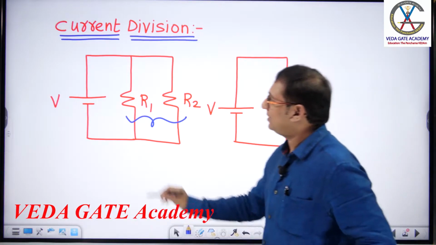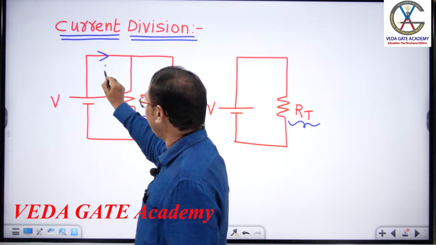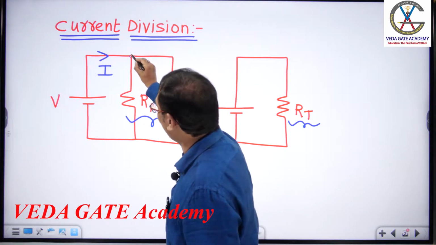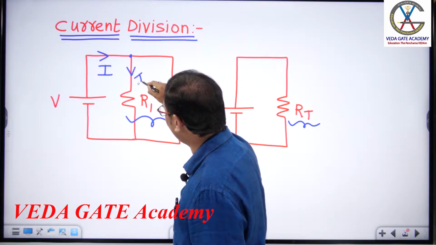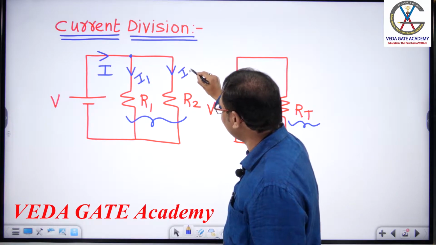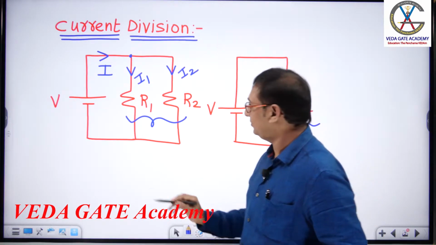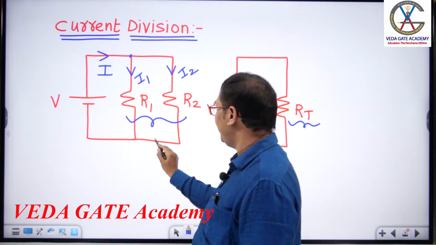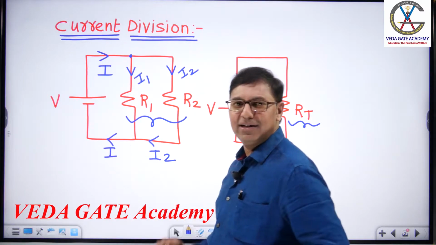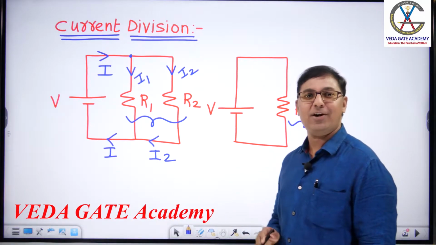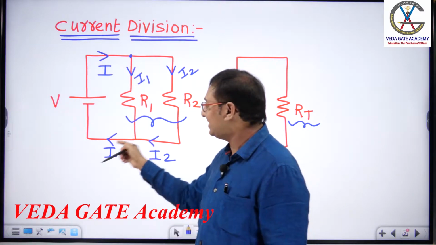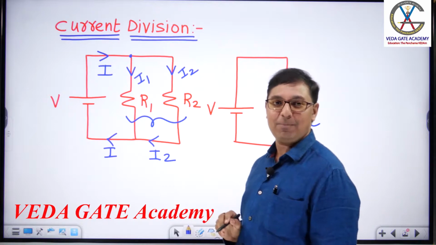Yes. What current comes out of the source? Conventional current, say I, has come out of the source. At this point, some current has entered into R1, call this current I1. Some current has entered into the R2 resistance, call this I2. Both I1 and I2 act like I. The law of conservation of charge is perfectly satisfied. Whatever current comes out from the positive terminal, the same current enters the negative terminal of the supply.